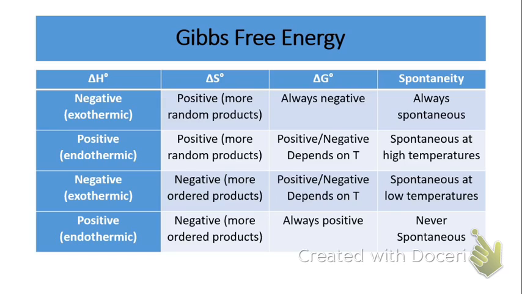All right, so we have a very important table here that I want you to learn super well, okay? So what we have here is we've basically taken the equation that we just used. In fact, I think it would be appropriate to write that equation right here again. So delta G naught is equal to delta H naught minus T delta S.